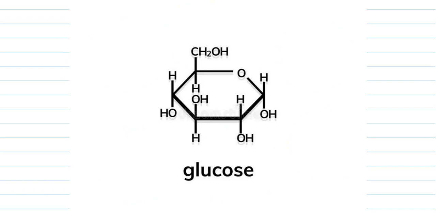So glucose consists of a 6 carbon compound, 1 2 3 4 5 and 6. The word glycolysis is derived from the Greek. Glyco means glucose, lysis means breakdown. So the glucose will be broken down equally into two parts. From the 6 carbon compound, it will convert into a 3 carbon and 3 carbon